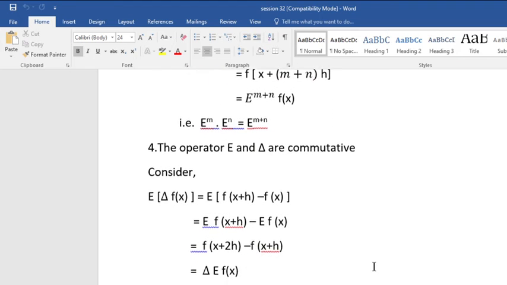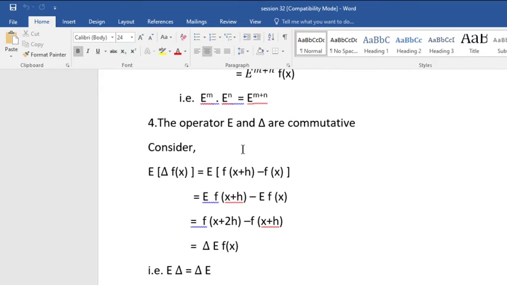The fourth property: the operator E and the forward difference operator are commutative. The proof follows like this. E of the first forward difference of f of x is equal to, so this shifting operator E we shall keep as it is. Then the first forward difference of f of x we can write as f of x plus h minus f of x, and then according to the shifting operator property, operate this shifting operator on each